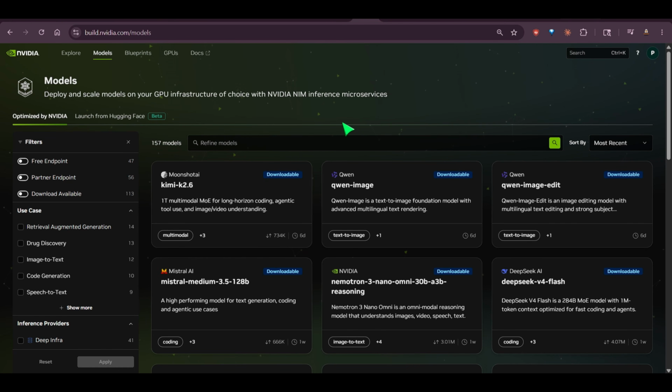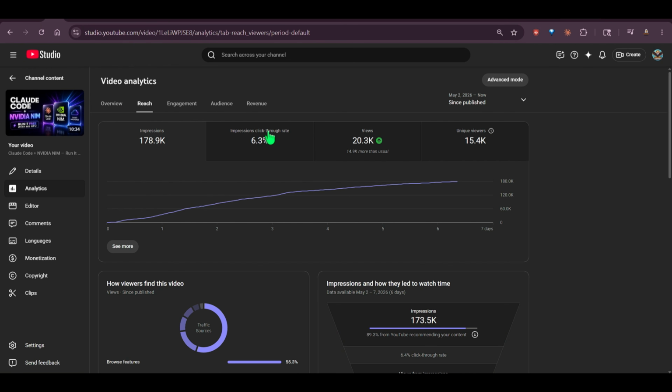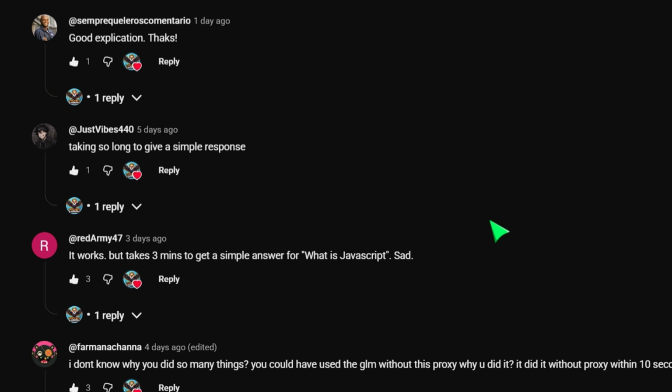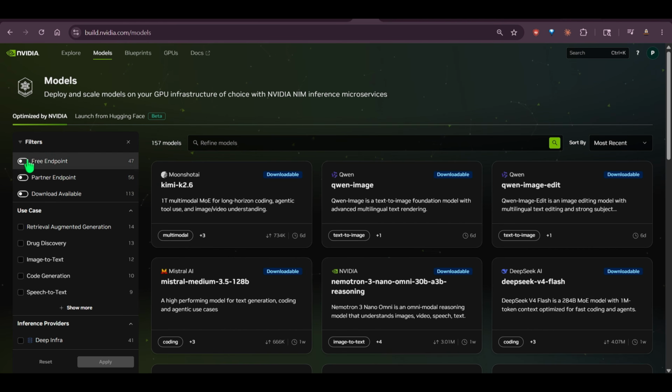Okay, here we have a bunch of free models from Nvidia, but before that, let me tell you that I created this video where we configured Claude Code with Nvidia NIM. People really liked the video, but there was some constant issue that was pressing me. For example, it's taking so long, it's taking 3 minutes to generate, so many different problems. So what I did was the next logical step and went to this free endpoint, got all the models, and